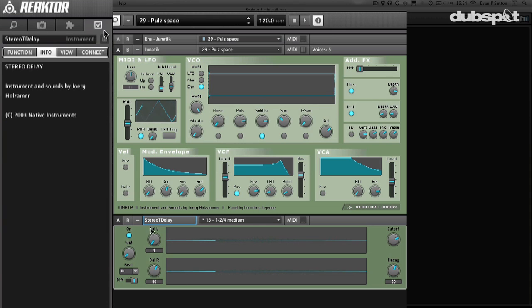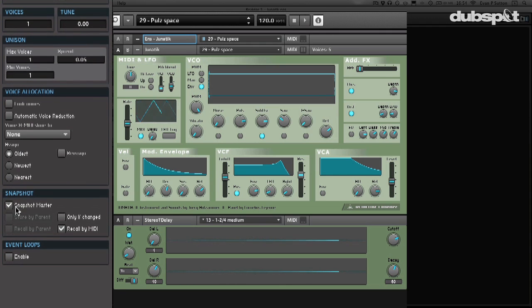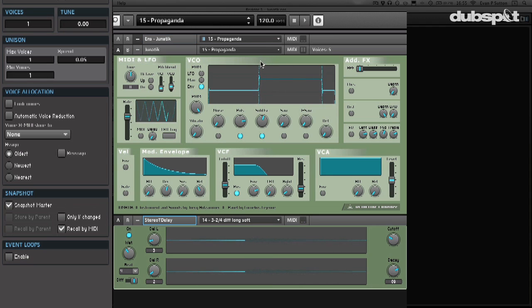Remember, I said effects can also be instruments. If we go to the Properties tab, and that's what this checkbox is, and we look at Function, we can click on any of these instruments, and we can see that Junitic, the ensemble up here, is the snapshot master. If we click on these other two, it's going to say recall by parent. What that means is that if I change a snapshot up here in the master, it's going to bring up relevant snapshots in both of the instruments included in the ensemble. But if I change a snapshot here, it doesn't change what's going on with the other instrument